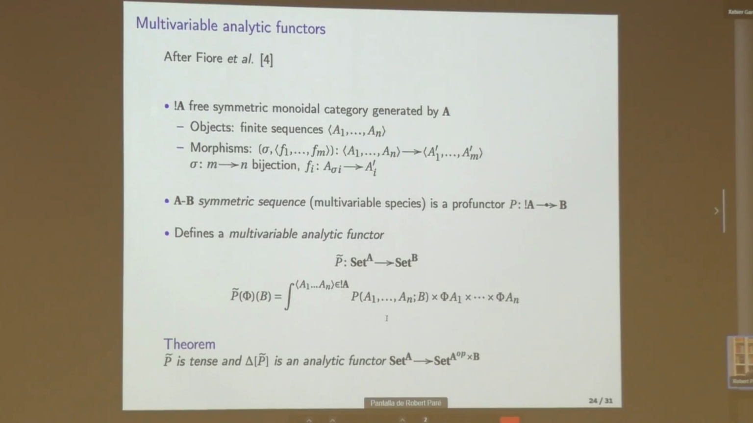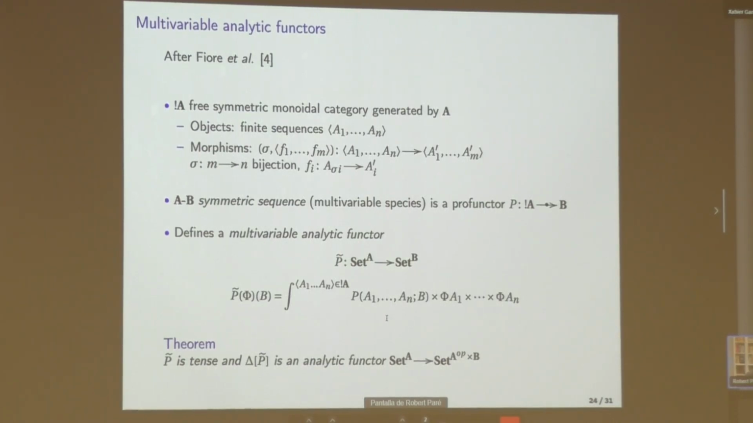First of all, you construct a free symmetric monoidal category generated by A. Objects are finite sequences of objects of A, and morphisms are finite sequences of morphisms, but controlled by a bijection from m to n. So m has to be equal to n for there to be a morphism there. And they defined a symmetric sequence, or multivariable species, if you like, to be a profunctor from bang A into B. And then this defines a multivariable analytic functor, going from set to the A to set to the B,